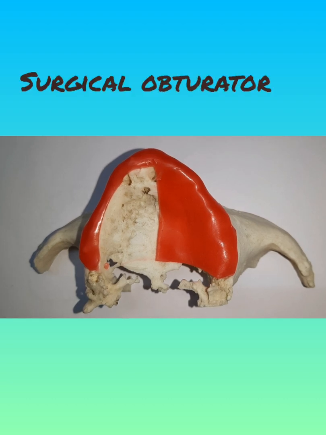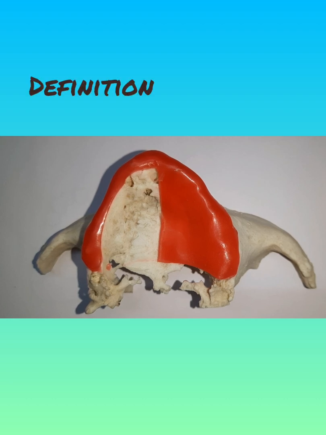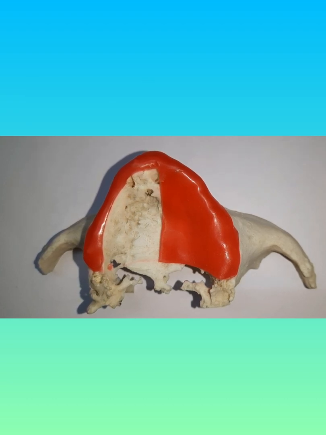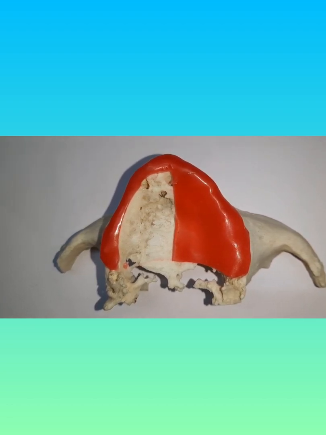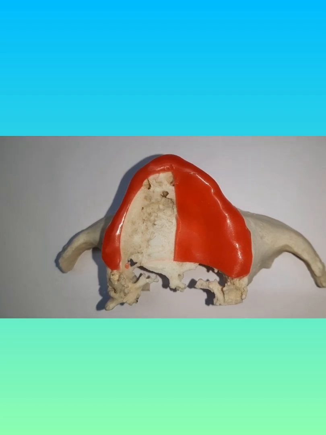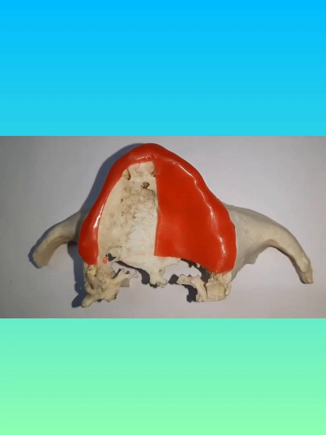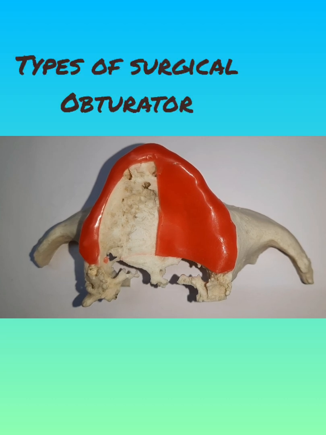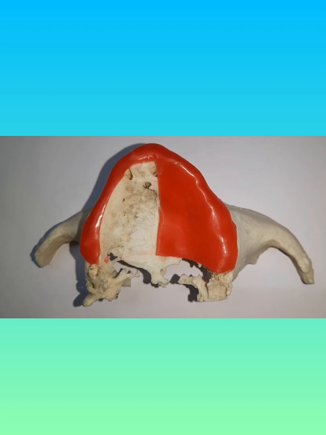By definition, a surgical obturator is a temporary maxillofacial prosthesis which is inserted during or immediately following surgical or traumatic loss of a portion or all of one or both maxillary bones and contiguous alveolar structures. That is, it could be gingival tissues or teeth, or both. There are two types of surgical obturator. One is the immediate surgical obturator, which is placed immediately after surgery. Another one is the delayed surgical obturator, which is placed 7 to 10 days post surgery.